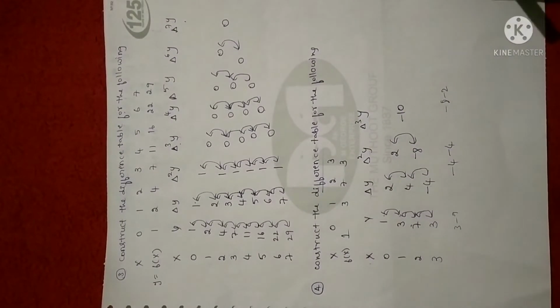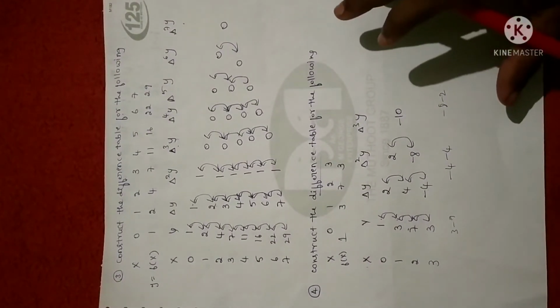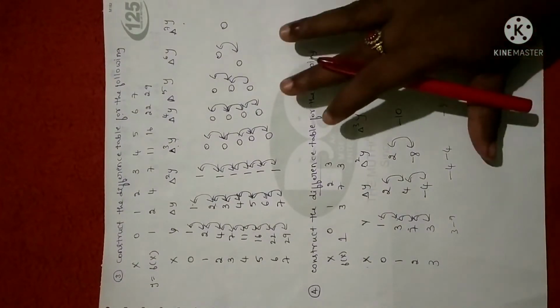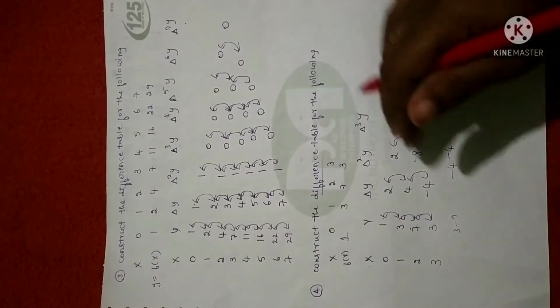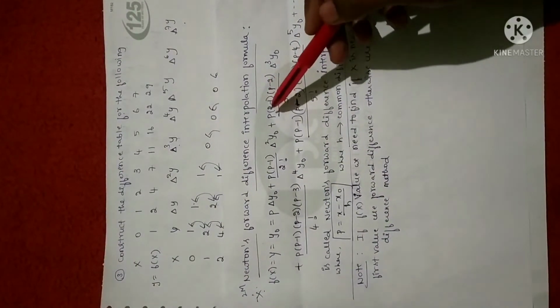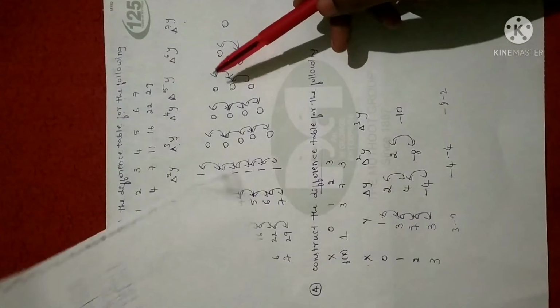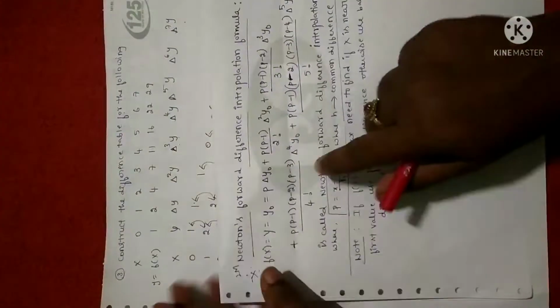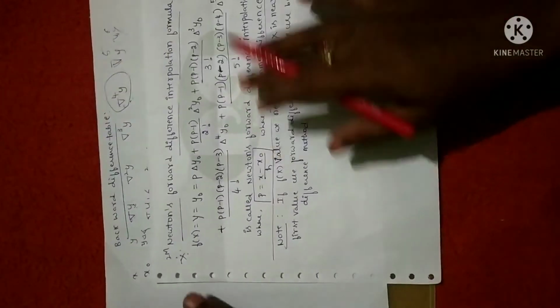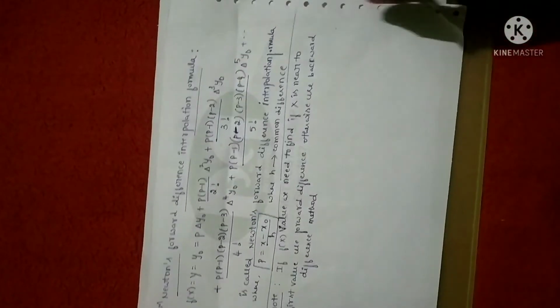I hope you understand this concept. Anyhow, as I already told you, the introduction part of this concept will be forwarded. You just copy that. After that, you have to write all these problems. After that, here is Newton's forward difference interpolation formula. In order to solve this, we need to know the concept of backward and forward difference. So I have done this first. After completion of these 4 problems, you put a heading Newton's forward difference interpolation formula, and this formula is also very important as it is asked for 2 marks. So for 2 marks the formula is also important.